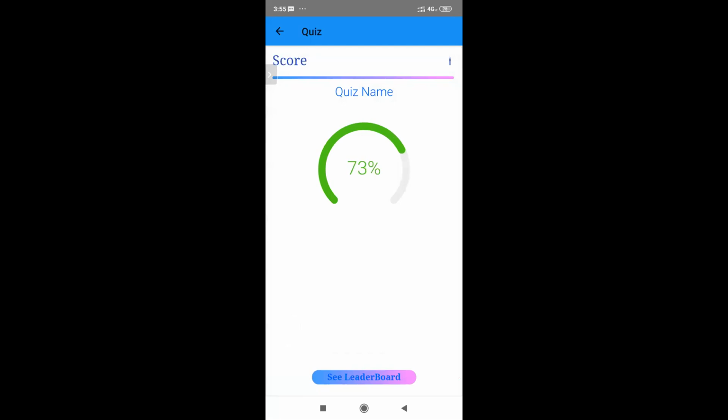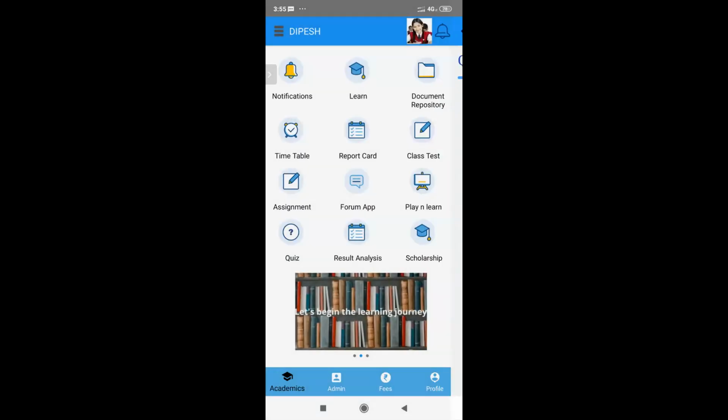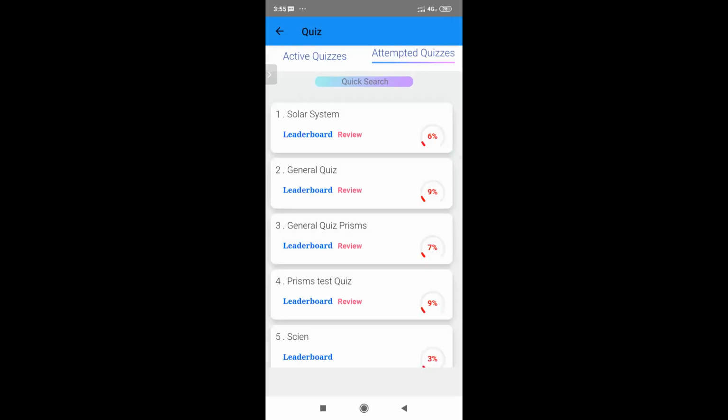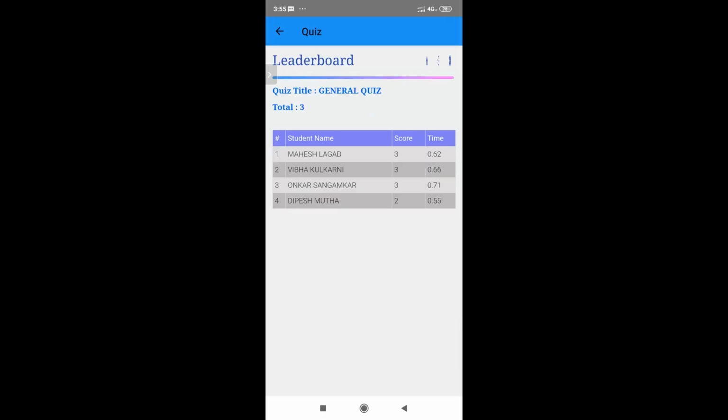I can see my result for that particular quiz. And for every quiz, there is something called a leaderboard. For any particular quiz, there is a leaderboard, meaning that for each quiz that I have taken, automatically the top scorers, that's the top 5 scores, are displayed to the child also. So it basically gives them a little bit of competitiveness, and they can see the names of all the top people who actually solved it within the very least amount of time. So it encourages the children to basically do more.